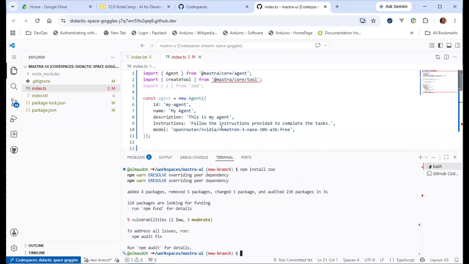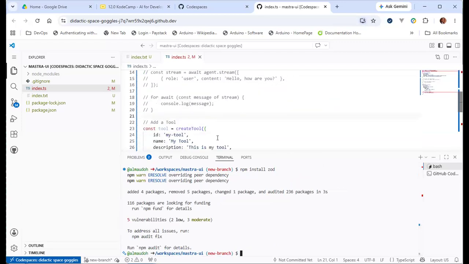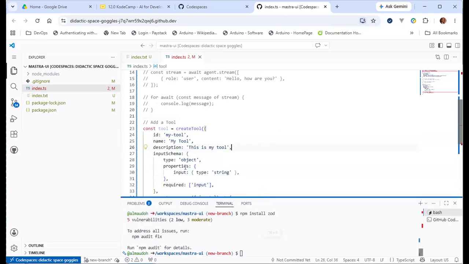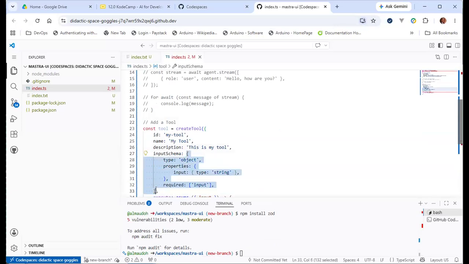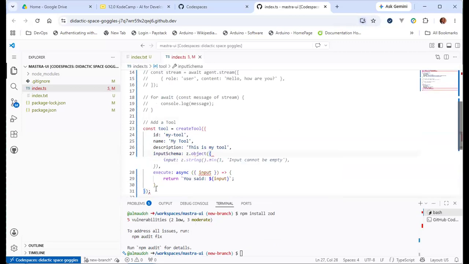Okay, so now the schema is defined using Zod, not this arbitrary thing here, right? So you start off with z.object. So we know it's an object. And then that object deconstructs to have input. It only needs to have input, right?